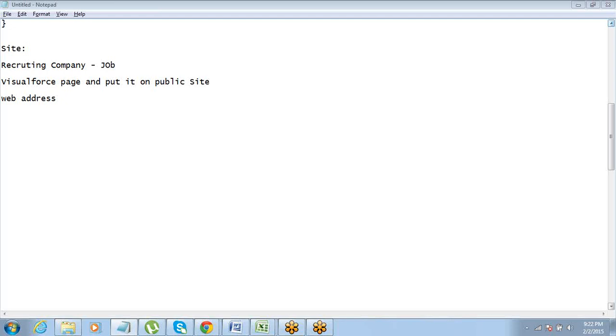Here you are not required to purchase hosting and all that stuff. Salesforce will create a subdomain for you. So you just go and register the subdomain. That's number one. Create a VF page and then create a site on your domain.